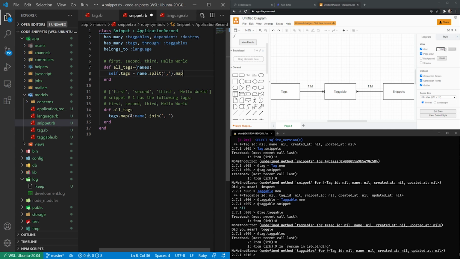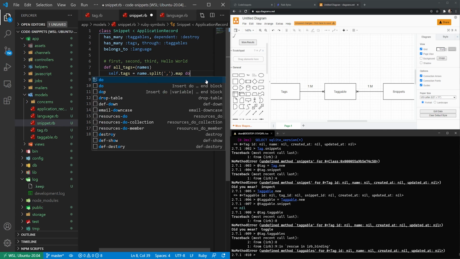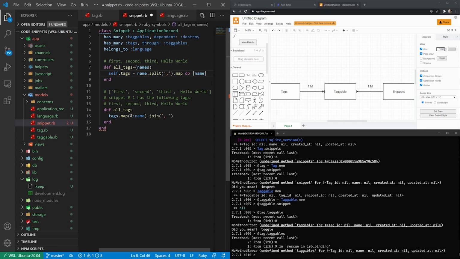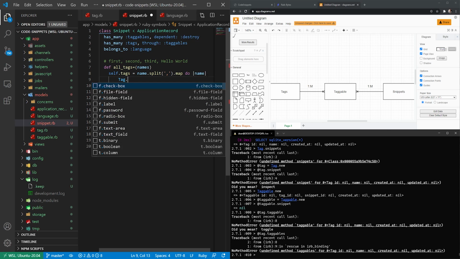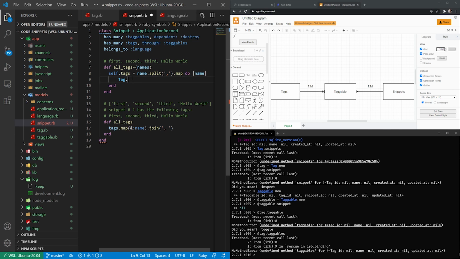And map is a function that allows you to map each item in the collection or the array. This is another language agnostic thing. It's just some functionality that exists in certain languages. But it allows you to map each of these to a specific function. And in this case, we'll say, well, tag. So we're going to call a function on our tag called where. So in the tag collection where the name is equal to name.strip, we want to say either first